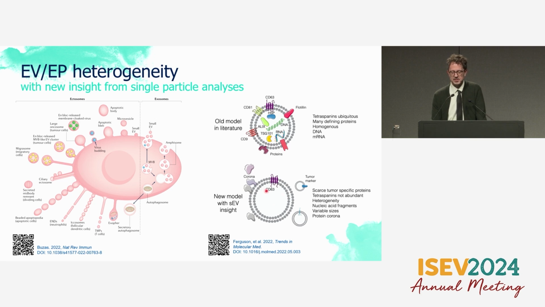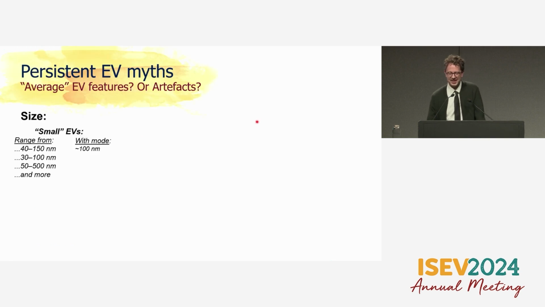We certainly know that there's a large population of EVs that have multiple markers. And again, when you shrink the EV, why would the lipid bilayer shrink as well? These are things that annoy me in the literature, so I apologize if you're in the room, but I'm happy to say it to your face as well.